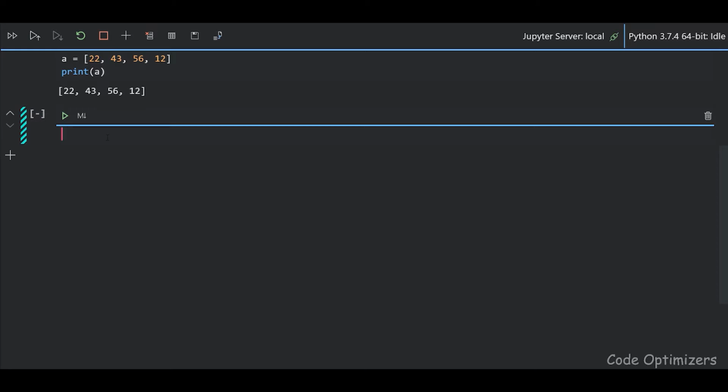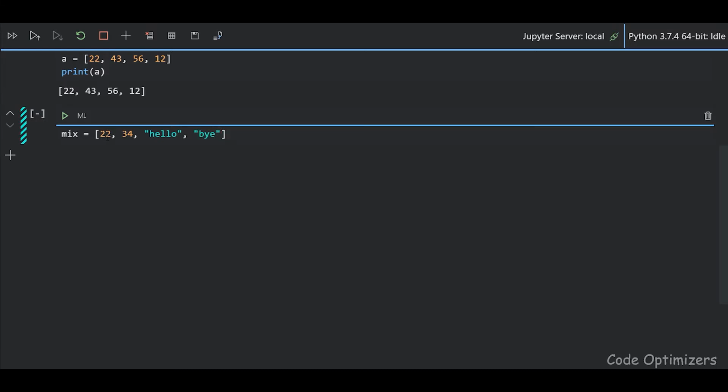Now let's see a mixed list. We take here mix and make it equal to a list which contains the integers 22 and 34. And now let's also take some string literals. Let's take hello, and we take another string, bye.